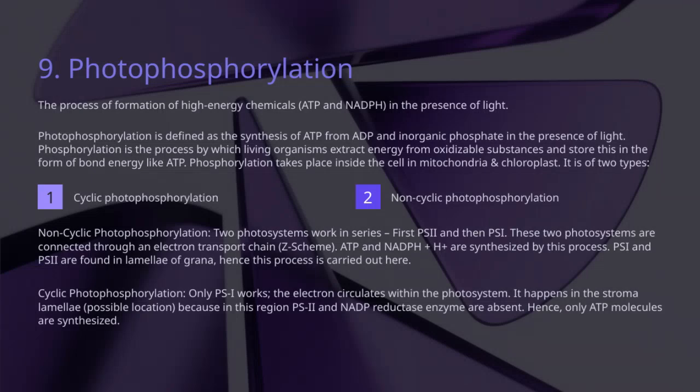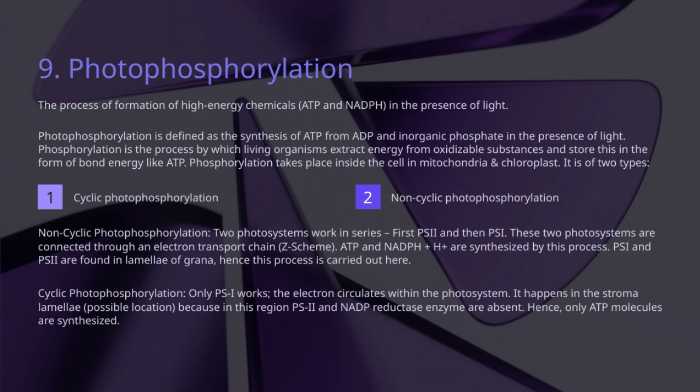Let's begin by understanding cyclic photophosphorylation. In this process, only photosystem I, or PSI, is involved. The electrons excited in PSI circulate within the same photosystem, creating a sort of loop. This process primarily takes place in the stroma lamellae, which is a specific part of the chloroplast. The reason for this is that in this region, PSII and the NADP reductase enzyme are absent, so only ATP